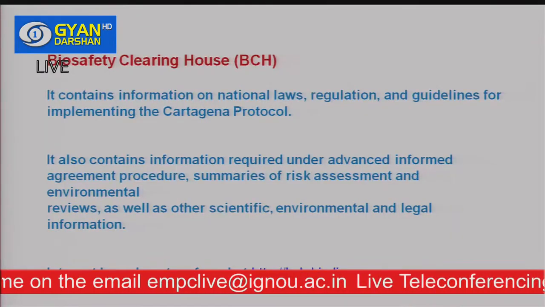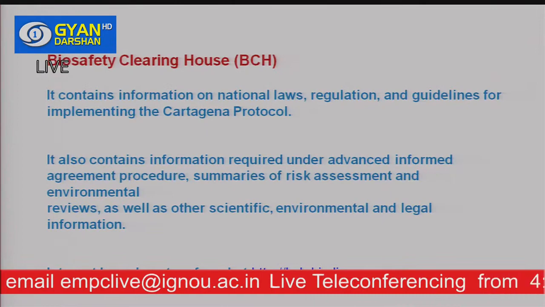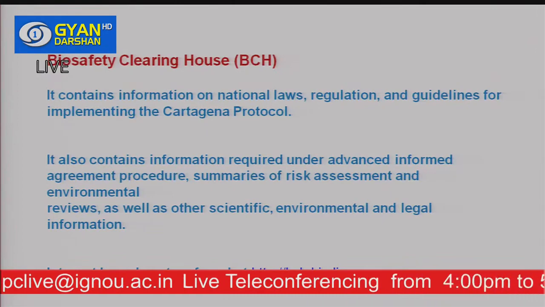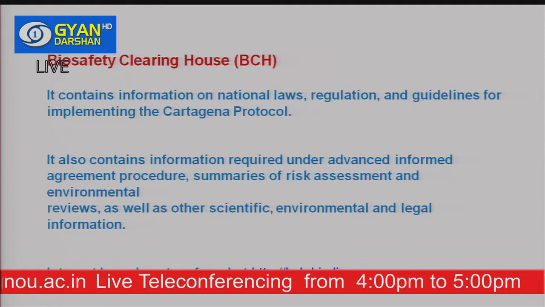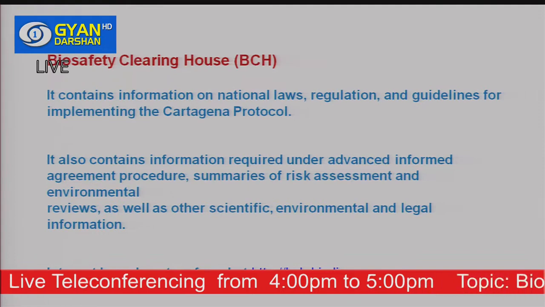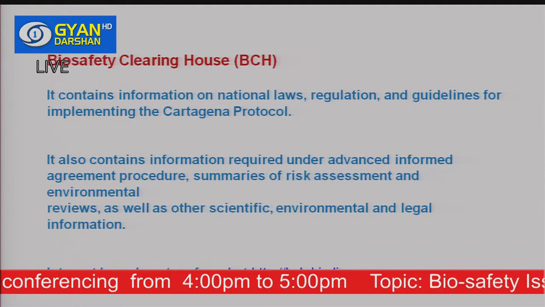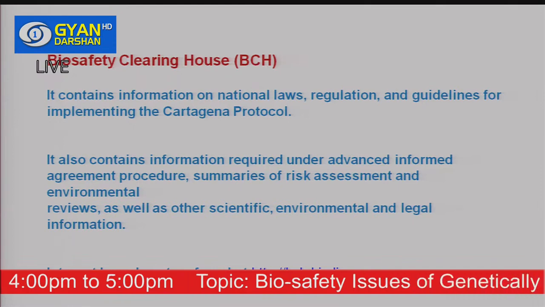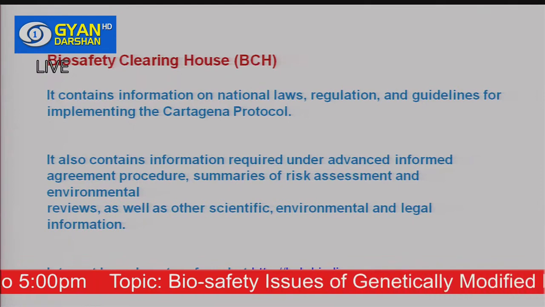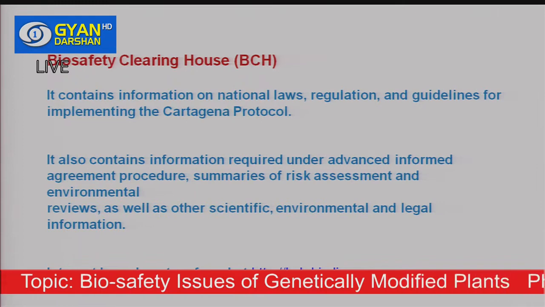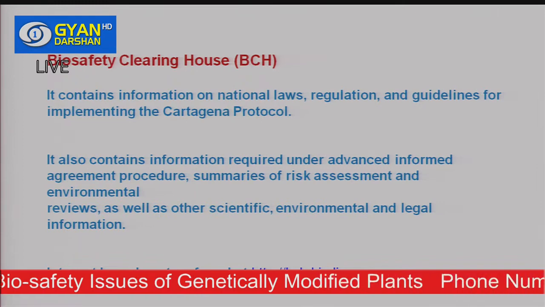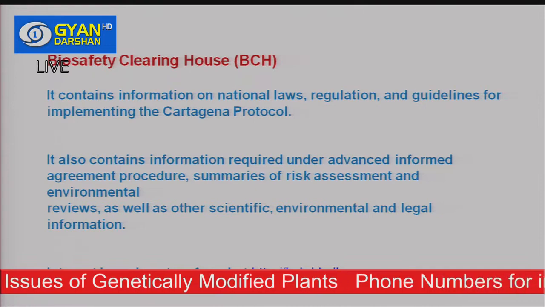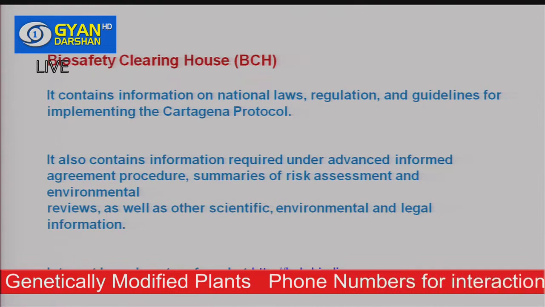Next we have the Biosafety Clearing House. It contains information on national laws, regulations and guidelines for implementing the Cartagena Protocol. It contains information required under the Advanced Informed Agreement procedure. Now what is this Advanced Informed Agreement? In short it is called AIA. That means if I want to import any transgenic product from any foreign country,